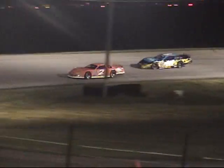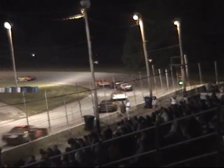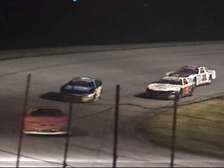Hoffman going to get the advantage off the corner, it looks like. Fisher going to try to pull back around the outside. Fisher checks up just a little bit. Hoffman into third. Fisher opens up the bottom lane now for Oliver Fitzwater. Fisher in the 46. Fitzwater in the 3 to the bottom of the...